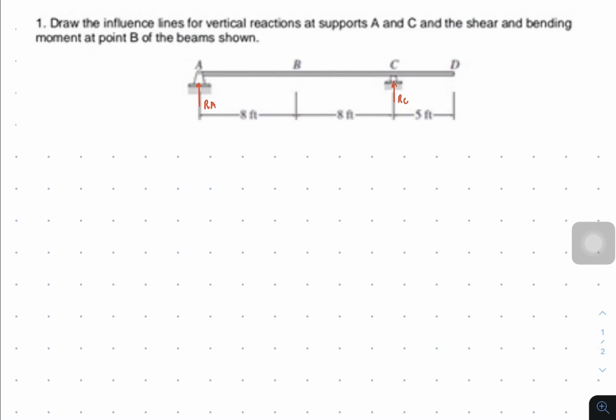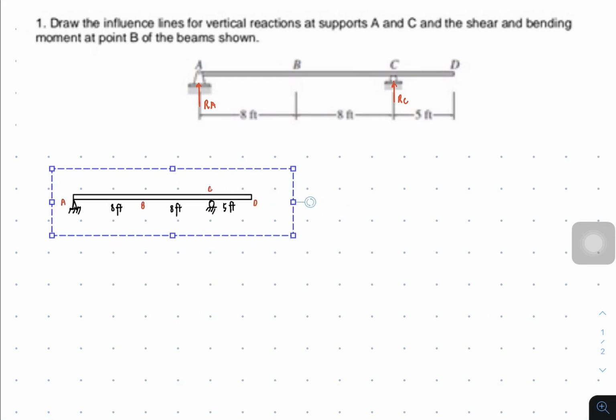So it's no longer the same as the shear and moment diagram that we had. So the unit or the load now is already moving. So the influence of the shear and moment now depends on the arrangement of the load. So it's not the same or static anymore. So here,